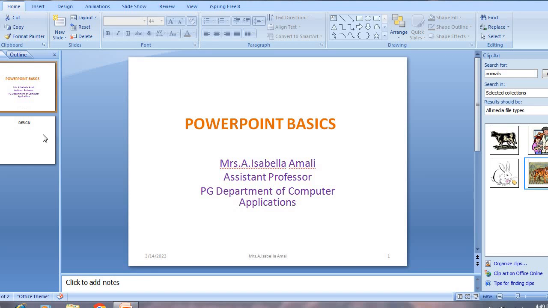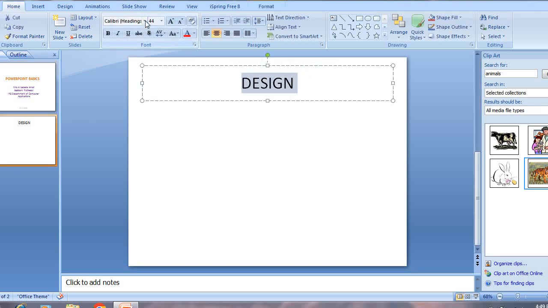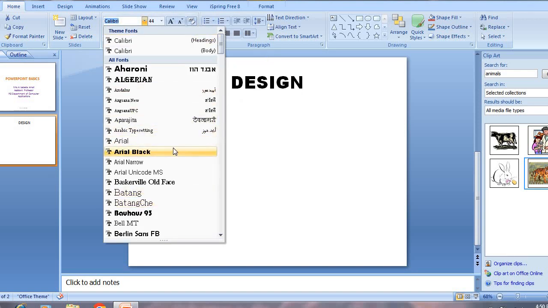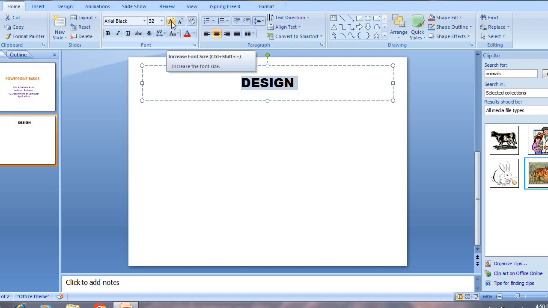Basically, before getting into the design option, the basic content which we give as text can be formatted in multiple ways. As you know, from the menu you can see the options for editing the text in various ways. For example, if I choose a slide and then choose a text, I can change the font type, font size, and I can increase or decrease the font size, or I can make it